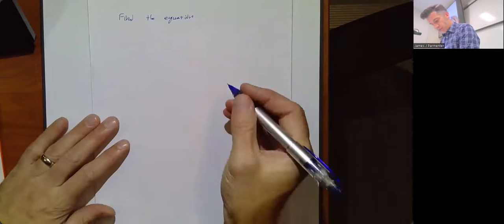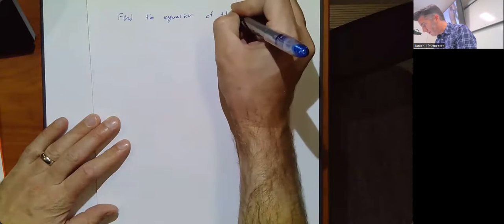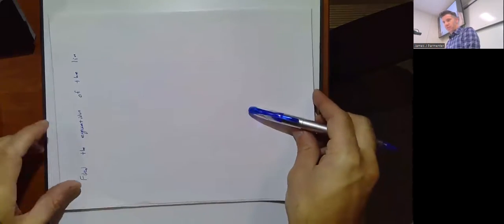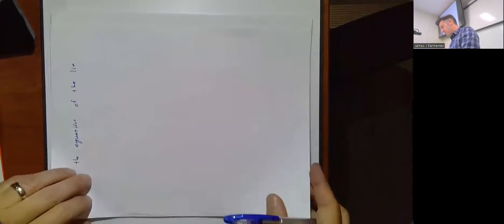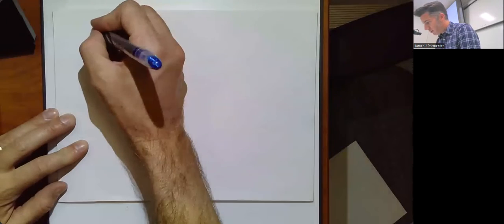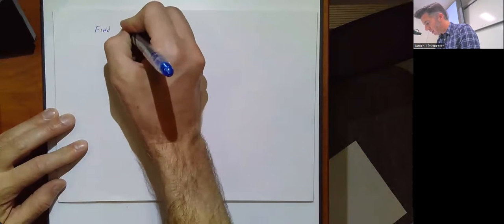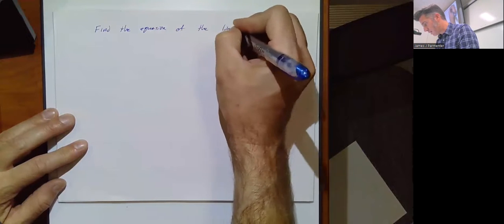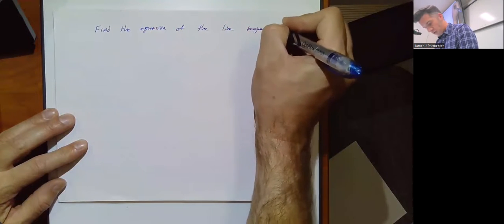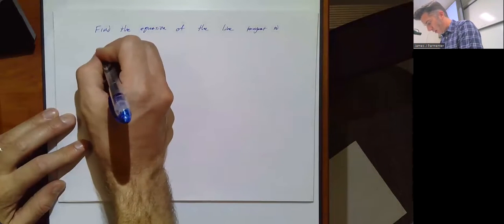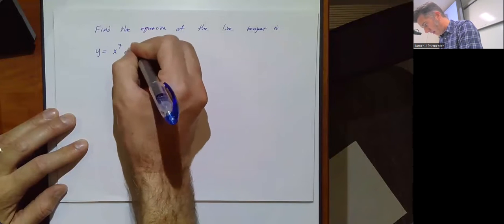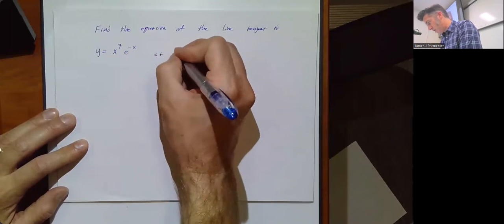It says find the equation of the line. Sorry, I usually go horizontal; let me change it up. Let's try this again. So we want to find the equation of the line tangent to the following thing. We've got y equal to x to the 7th times e to the negative x at the point